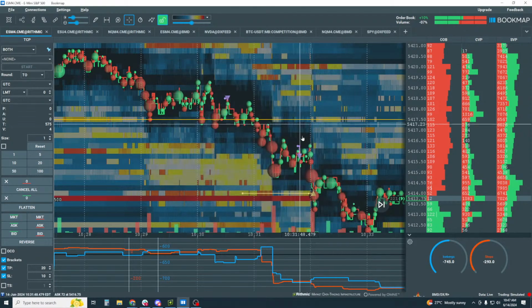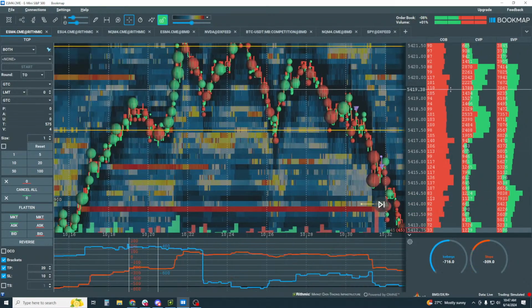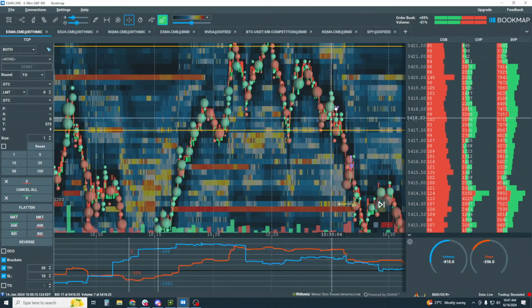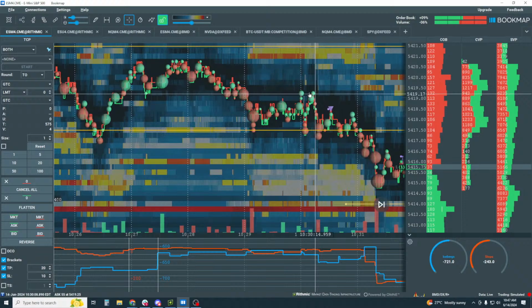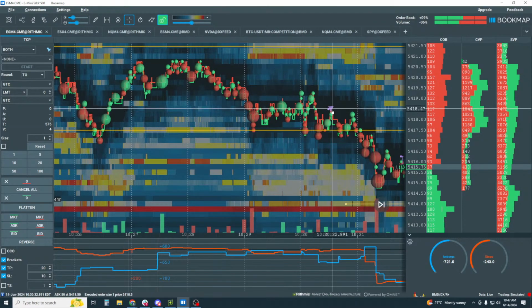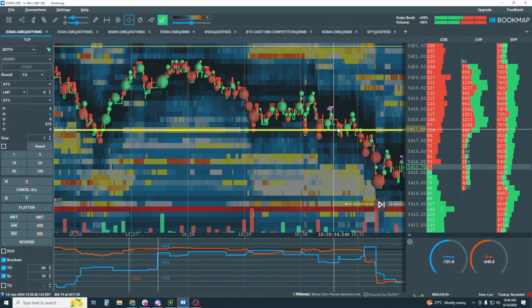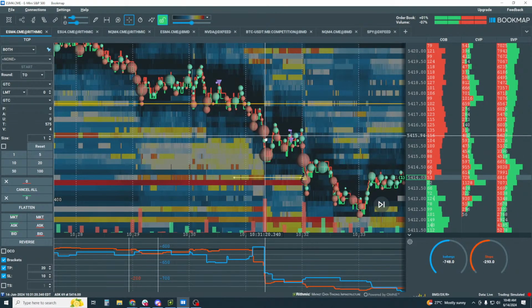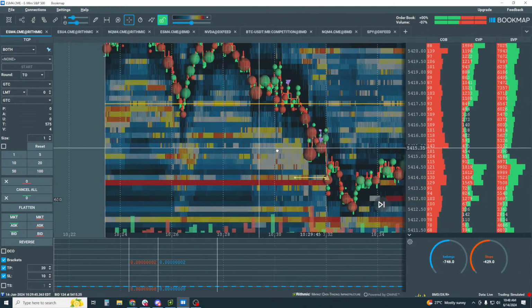All right, and why did we do that? Okay, because it makes sense if this is the move we are looking for. We got a beautiful little fill here on the pullback, and then we see the continuation to the downside. This is what we were looking for, right? Now, if that is the case,